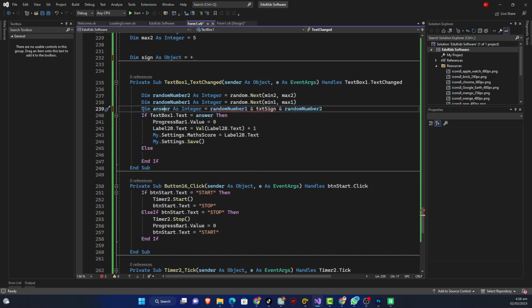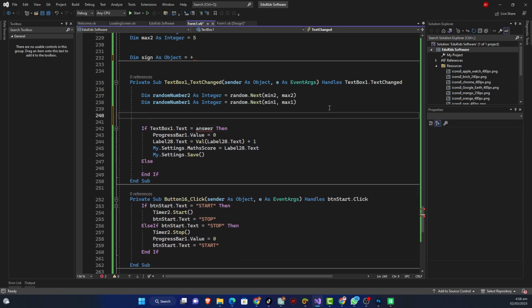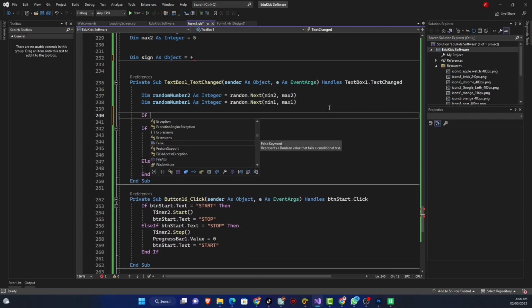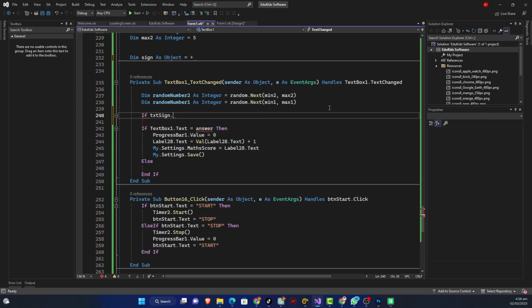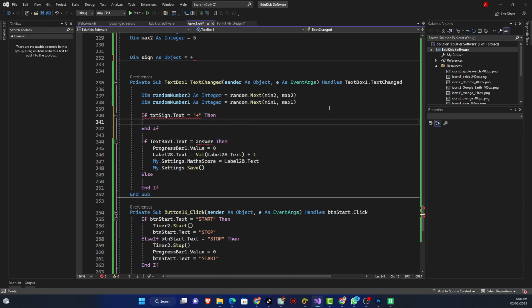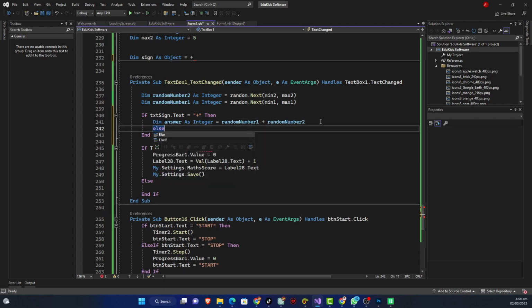So let's make it this way. We're going to use an if statement here. As I told you, the if statement is very, very interesting. So let's try it here. If txt sign dot text equals a plus sign, we first have to check that. Then this should happen, and this is going to be plus, just like this. Then we say else if